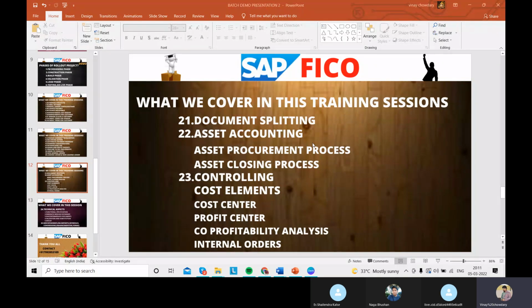Then next one is depreciation areas, depreciation keys, depreciation runs. Okay, I mean in the asset accounting we are going to cover, and also we are going to do the configurations for the asset accounting. Then next,